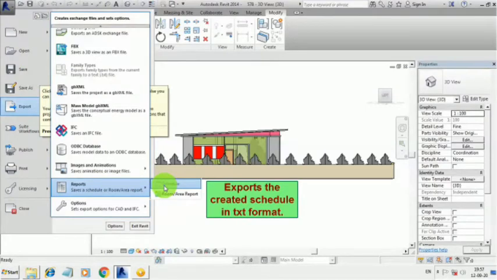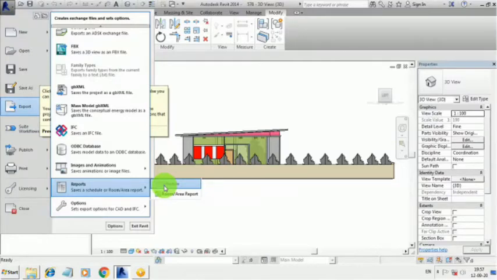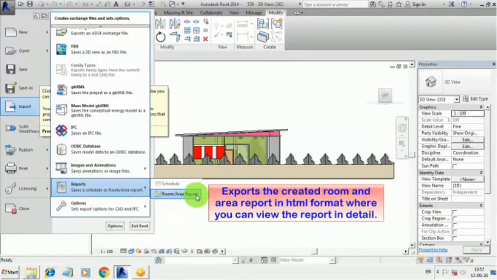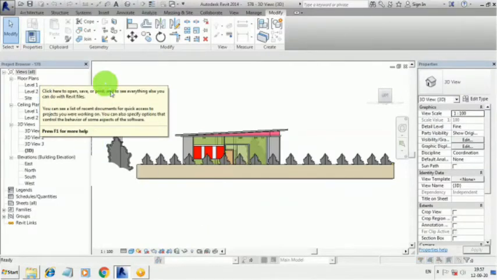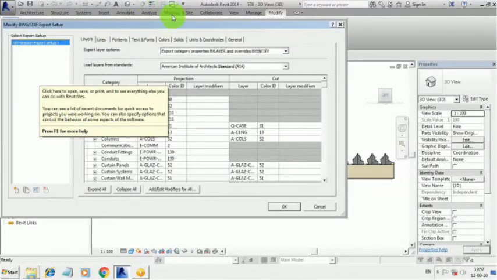This exports only the created schedule, which is in txt format, which is open only in the Notepad. So these are used to create settings before exporting into the specified formats.